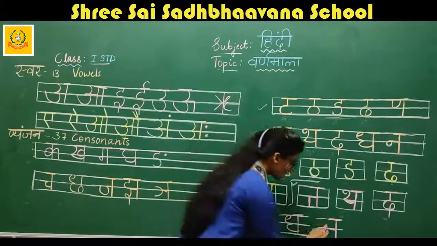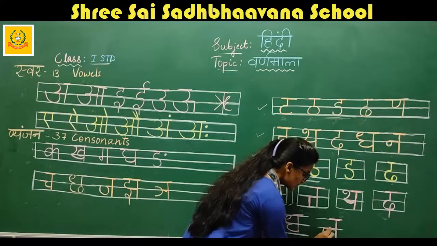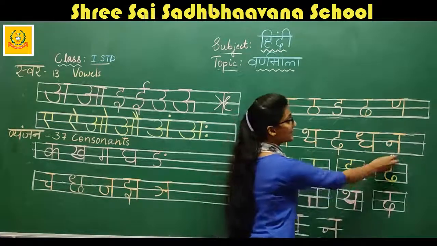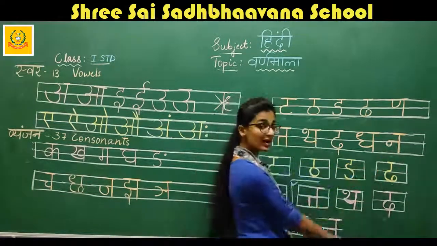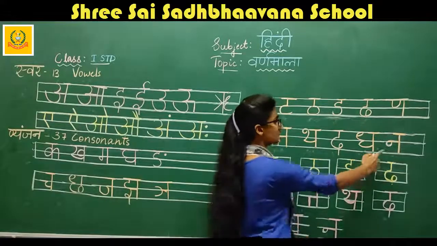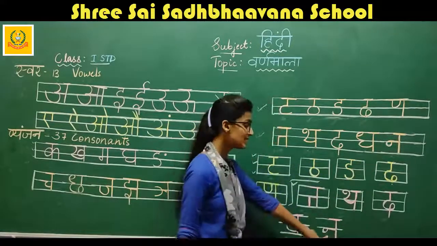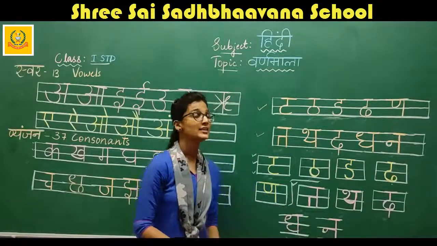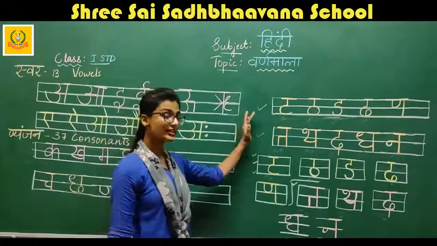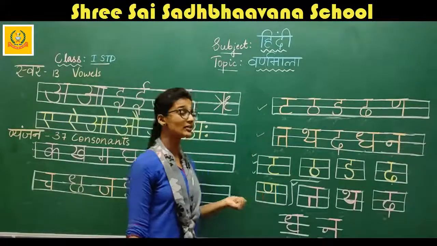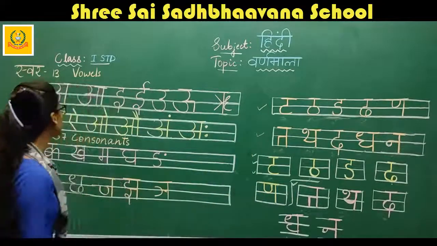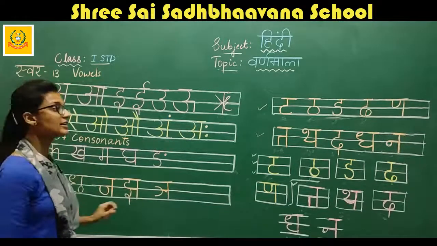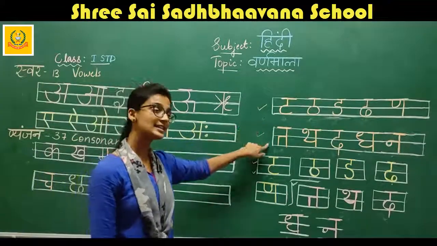Now, how to write na? One curl, sleeping line, standing line, and a sleeping line. Now, is this same, children? Yes, it is same. This na says namak. So, in this class, we learned ta varg and tha varg. So, we have completed swar, letters, and vyanjan, kha varg, cha varg, ta varg, and tha varg.